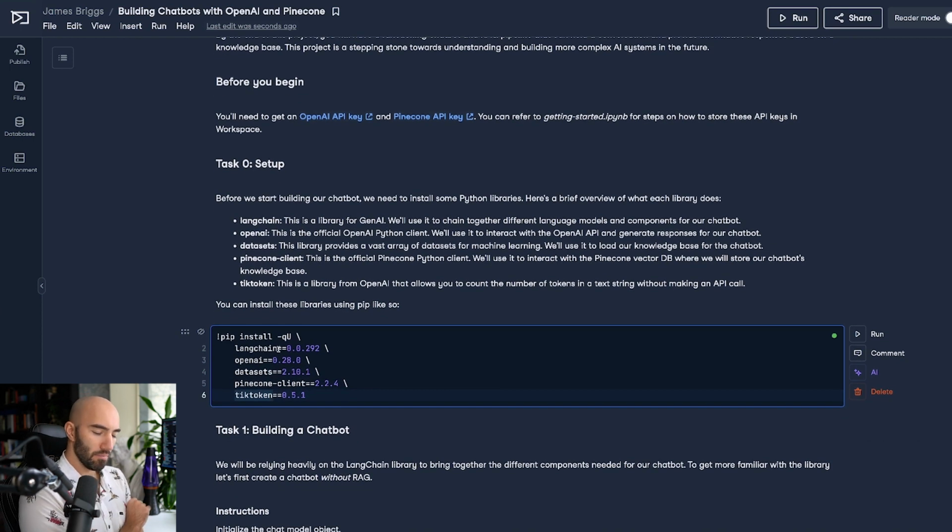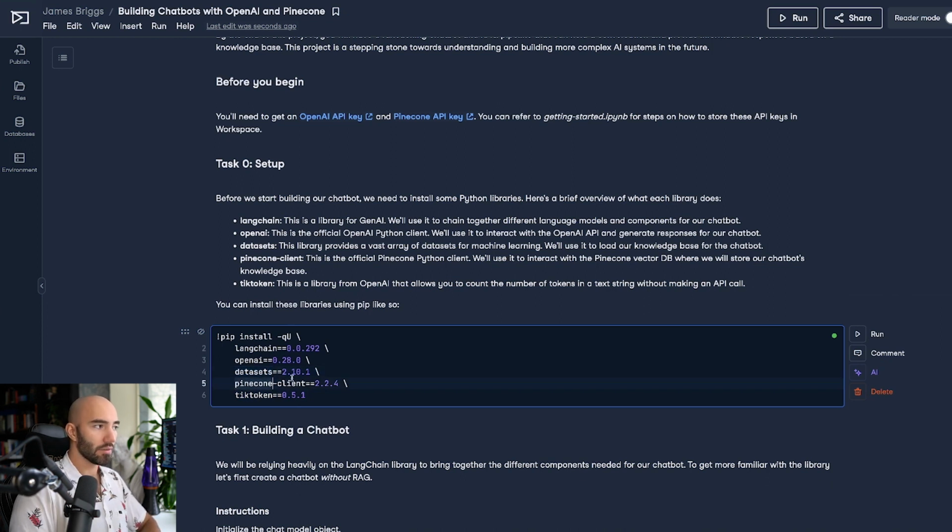Now, LangChain is an incredibly popular library. It essentially acts as almost like a wrapper that allows you to pull in multiple components that are useful for building LLM applications, like a chatbot. We have OpenAI. Obviously, we're going to be using OpenAI for both our embeddings and also the generation part of our pipeline. Hugging Face datasets is where we're going to be getting that Llama 2 archive dataset from.